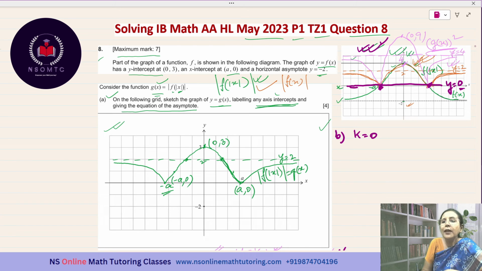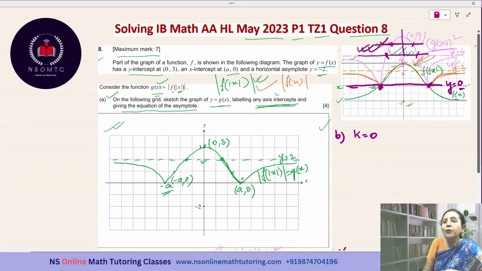See, if we draw a line on top of this horizontal asymptote, that is y equal to 4, so k value will be equal to 4, then it cuts the curve at exactly 2 points. And if we draw a horizontal line over here, I don't know the value of y at this point, but it will be definitely more than 4. Okay. So it is cutting the curve at 2 points. At y equal to 4, it is cutting the curve at 2 points. Over here also it is cutting the curve at 2 points. But if I draw the horizontal line at y equal to 9, it is just meeting at a single point, so we cannot take 9.